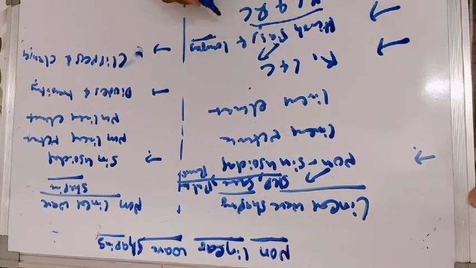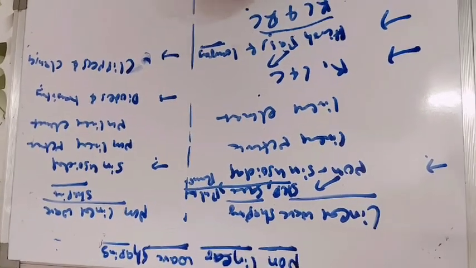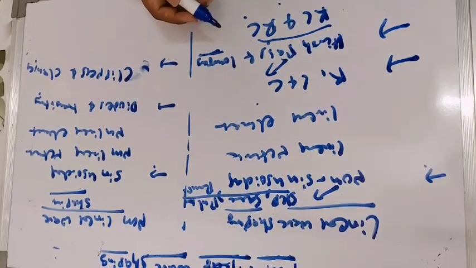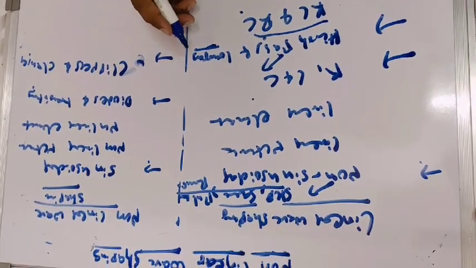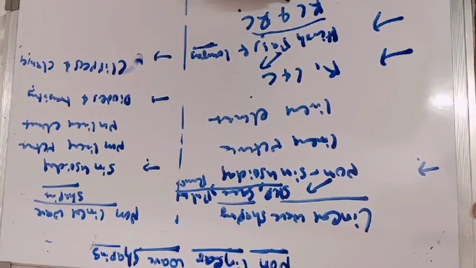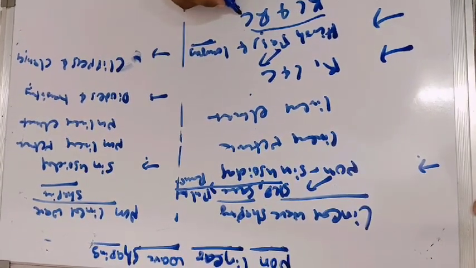We can also design band pass filters with the help of inductors and capacitors. They can be considered as frequency selective networks. So whenever we want to pass a particular range of frequencies, we can design band pass filters with the help of inductors and capacitors. These are a few applications related to linear wave shaping.